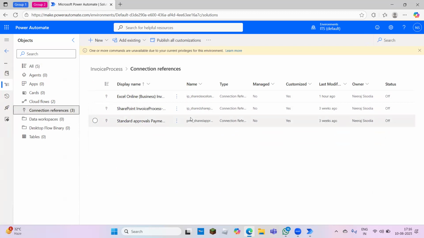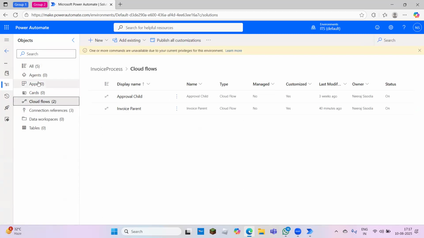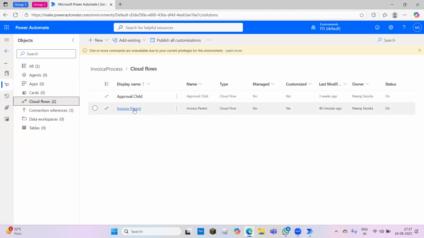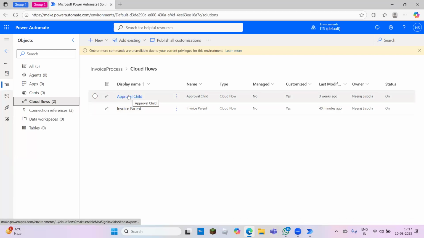This is basically for reference purposes, so that you will get to know what all are the parts of your project solutions. In this one, currently I have only two cloud flows, which I have created for approval flows, where it will fetch the data from an Excel file, and it will send the